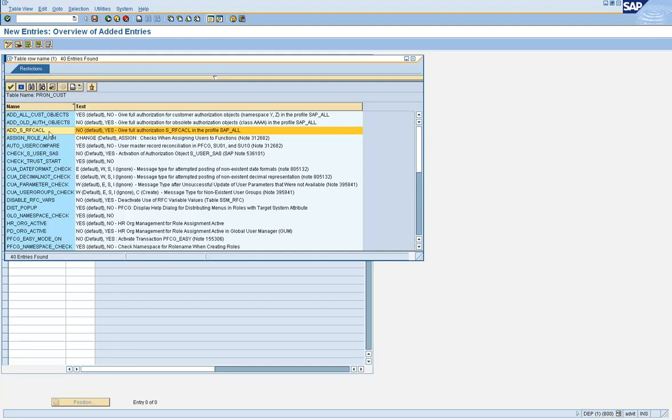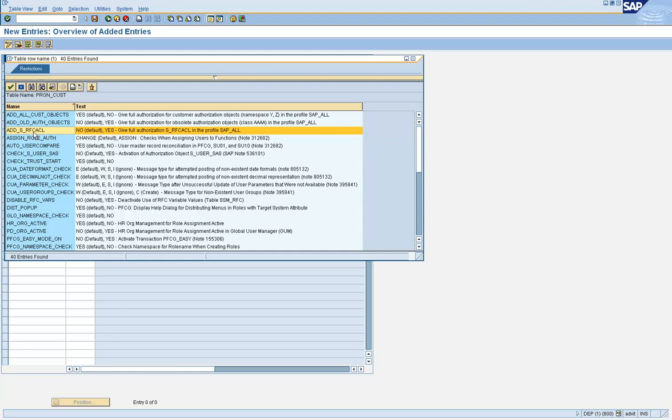So this is basically for J2EE admins. Whenever a basis administrator is doing some Java related activities using the J2EE admin tool, he would need access to this authorization object.